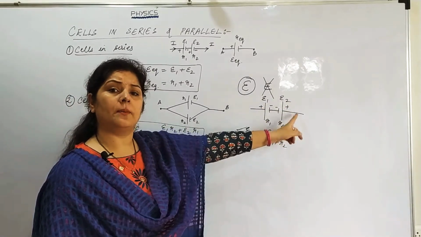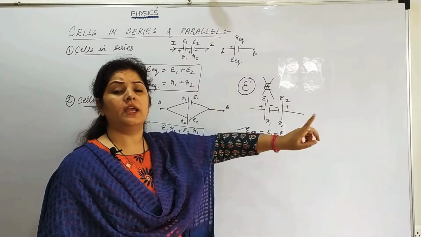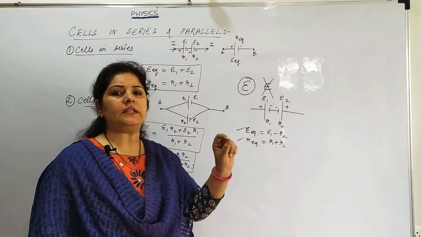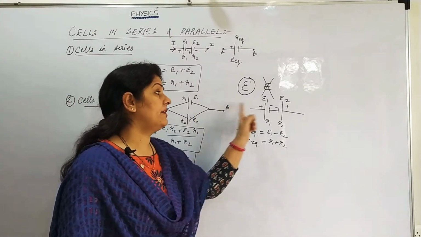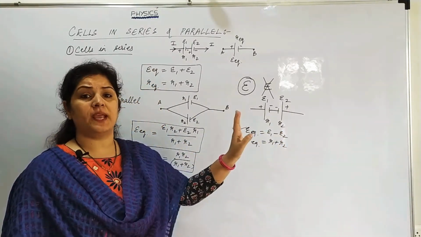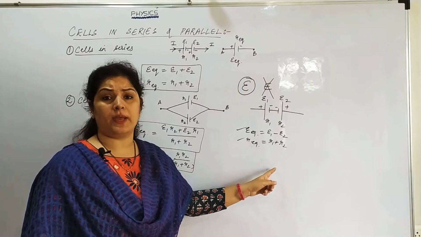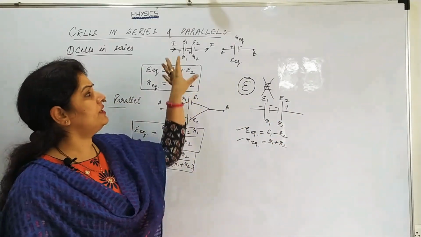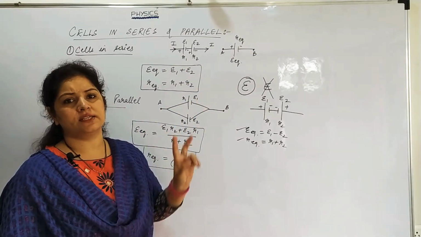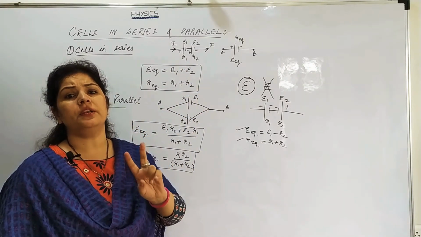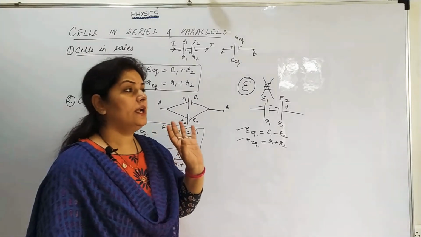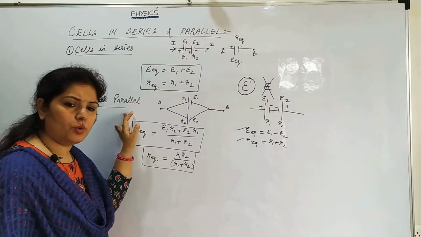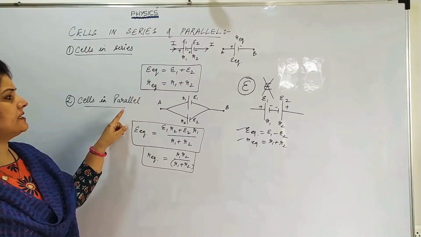अभी हमने एक और लगा दिया, plus E3 plus E4 minus E5. So depending on which terminal of the cell you are taking, you will decide the sign. But whenever they are in series, resistance will always be added. ऐसा नहीं है कि यहाँ पे R plus 2 हो गया, यहाँ पे R minus 2 हो गया. It will be R1 plus R2 plus R3 and so on. So that is how we take the combination of cells in series. Here we are talking about simply 2 cells, right? Now similarly, the second combination we will study is cells in parallel. I hope the board is visible. Second is cells in parallel.